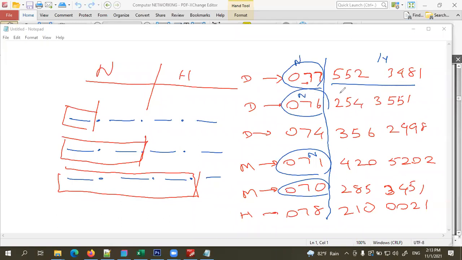We can't change that. This part we can change. We can change means we can accept any number, right? So here also the same. If we define the network IP as class A IP, we can't change this portion. If it is B, we can't change this part. If it is C, we can't change this part.